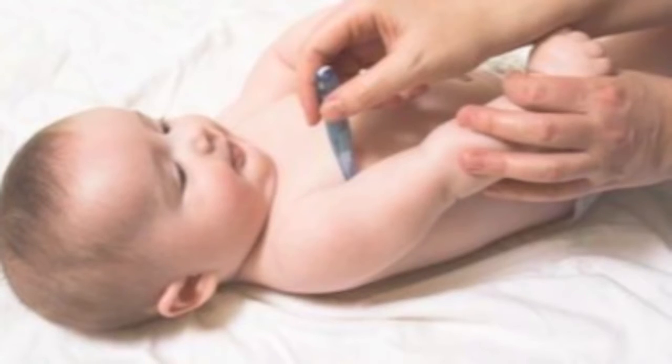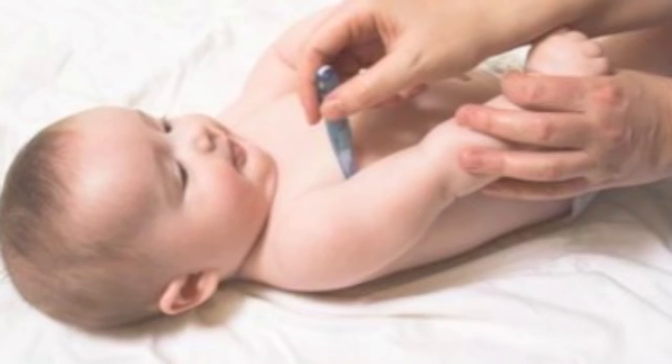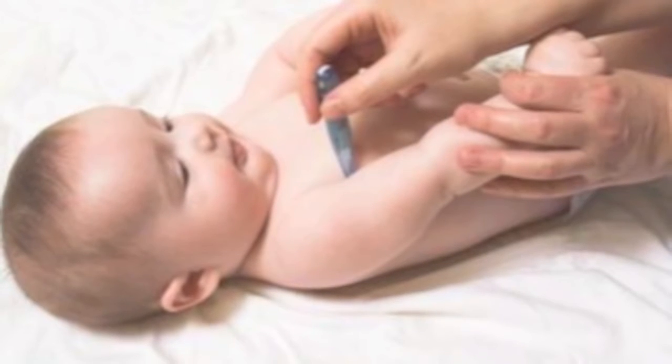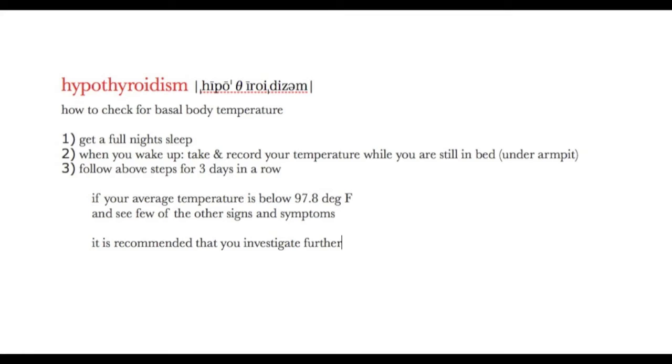If you're suspecting hypothyroidism, you can start with a simple test at home before going to see a doctor by taking your basal body temperature. To check your basal body temperature, first get a full night's sleep. Then when you wake up in the morning, take and record your temperature while you're still in bed, preferably under your armpit. Follow these steps for 3 days in a row. If your average temperature is below 97.8 degrees Fahrenheit and in conjunction with other signs and symptoms, it's recommended that